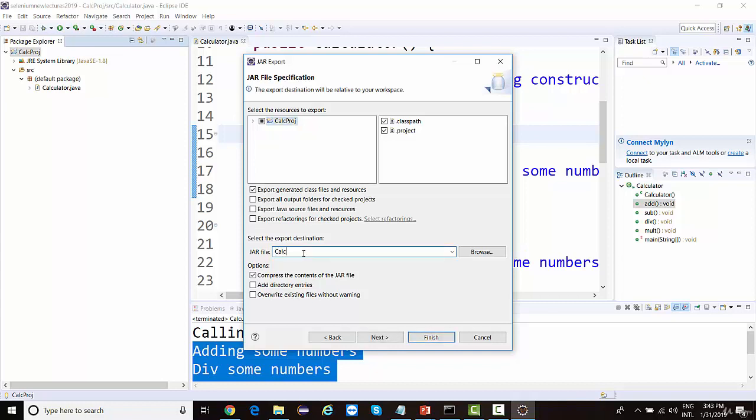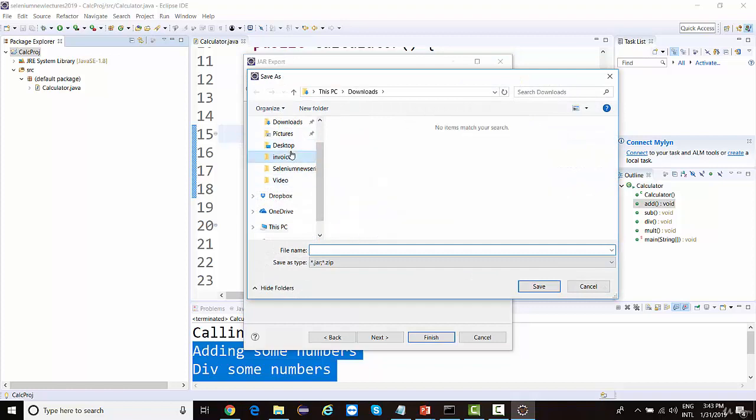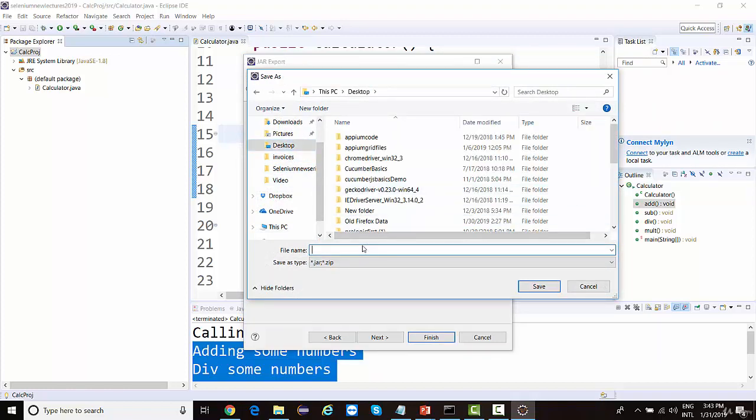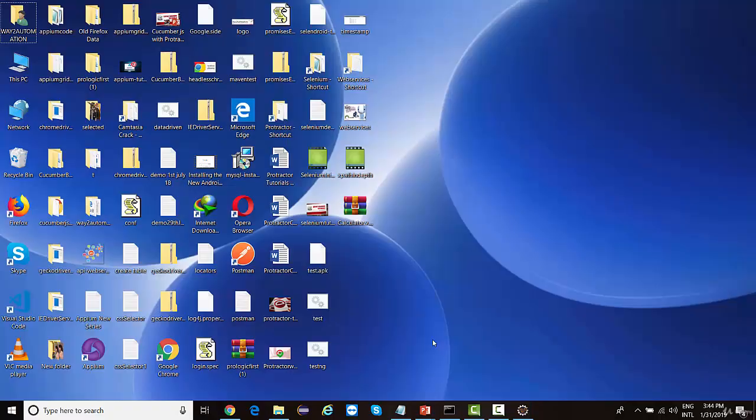I'll name it calculator version 1.0.jar. It could be any name, it's like the first version of my project. I'll store it somewhere on the desktop. Click on finish. If you go to the desktop, you'll see that a calculator version 1.0 jar has been generated.